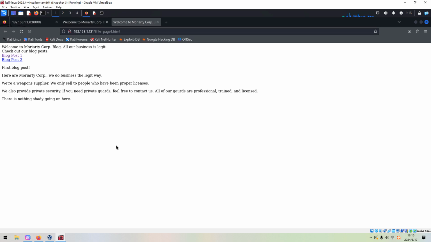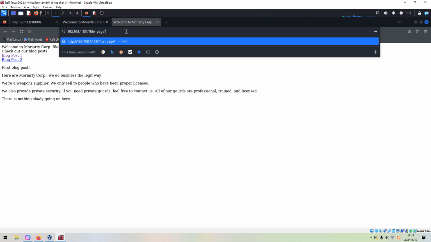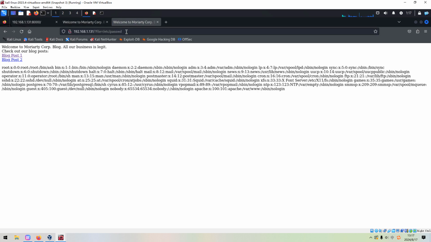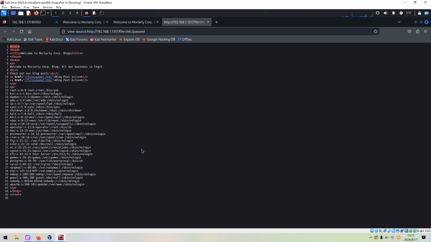The information of the page itself. However, if you notice the pattern of the URL, this is very familiar for us, right? And possibly this has a local file inclusion vulnerability. To test, we can use different ways. For example, we can access the password file. Yeah, as you can see, we successfully retrieved the content of the passwd file. And to see this information more clearly, we can view its source. However, we cannot find any normal usernames.